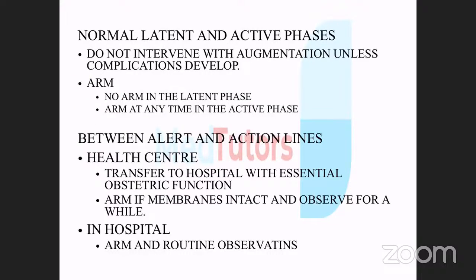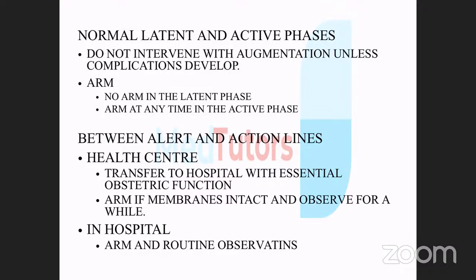Normal latent and active phases: do not intervene with augmentation unless complication develops. No need to do artificial rupture of membranes in the latent phase of labor, and you can do ARM at any time in the active phase of labor. Between alert and action lines,